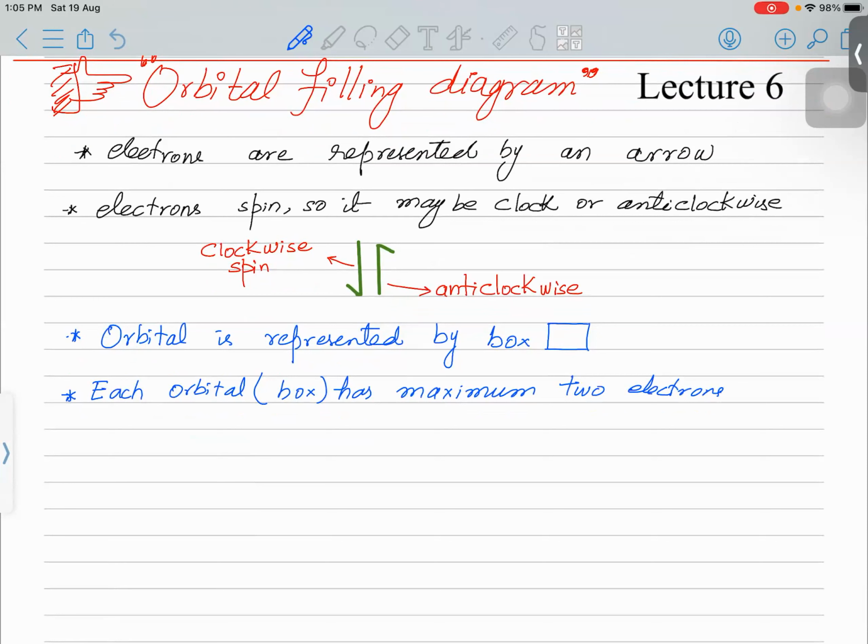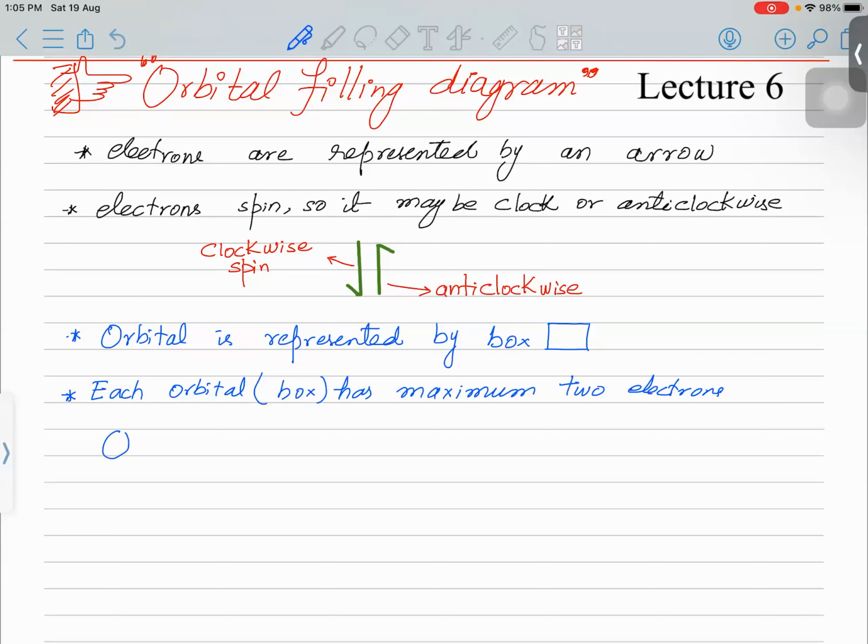Do you have any question regarding orbital filling diagram? Yet. Yes. Are you listening my voice? Yes, sir, I can hear. I have no Yes. questions. Okay. So